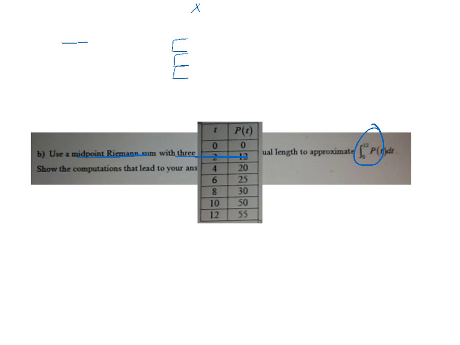Stop it. Oh boy. Alright, so I'm going to try it again. I'm going to go from 0 to 4, and then from 4 to 8, and 8 to 12. And I think that will work. That is 3 equal sections. And notice these two are going to touch at one point. I'm using the 4 for both this one here and this one here, and I'm using the 8 twice. Okay, so that's legal. Alright, and this time we want a midpoint Riemann sum, and that midpoint Riemann sum is